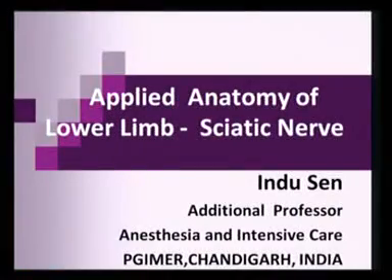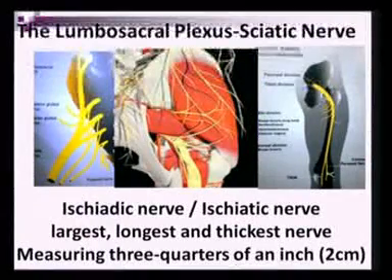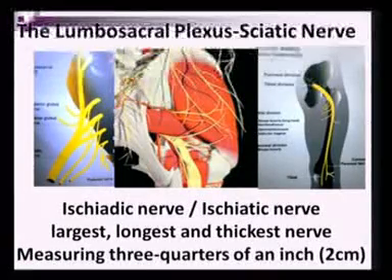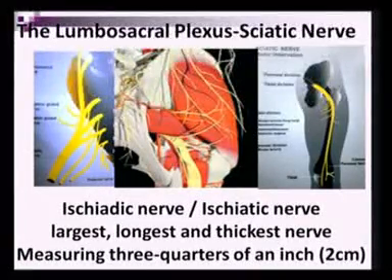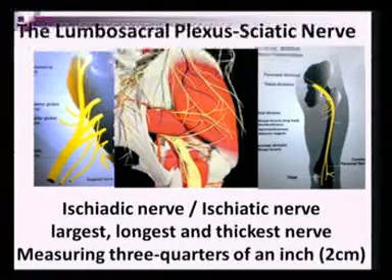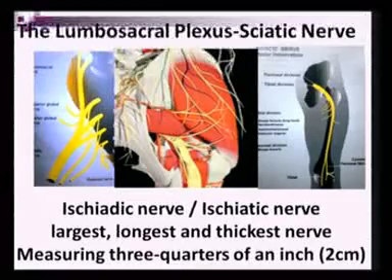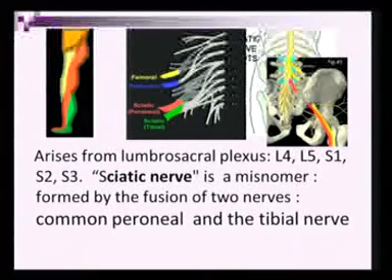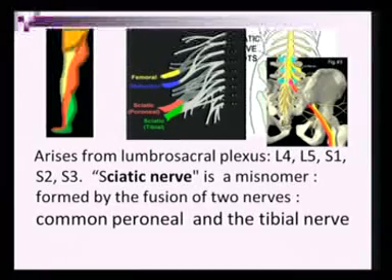I shall be talking about the applied anatomy of the sciatic nerve, also known as the ischiatic nerve. This is one of the largest and thickest nerves in the body, measuring some 3/4 of an inch, that is 2 centimeters at its origin. It arises from the lumbosacral plexus and the ventral rami of the lumbar 4th, 5th and S1, S2 and S3, sometimes